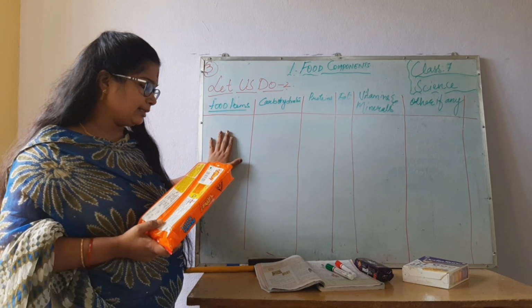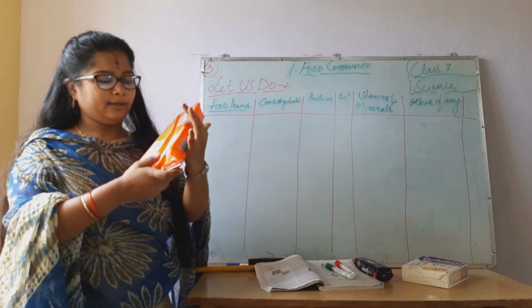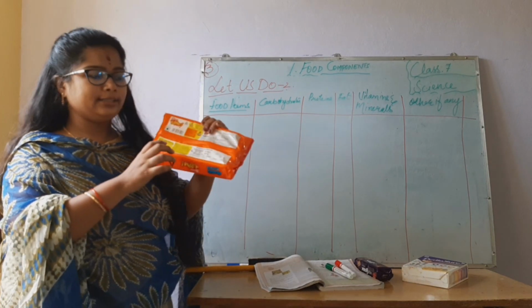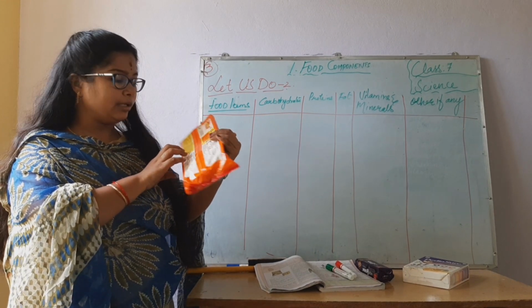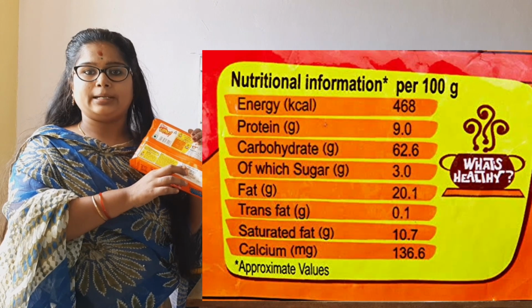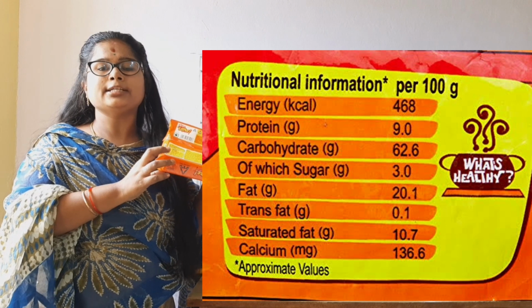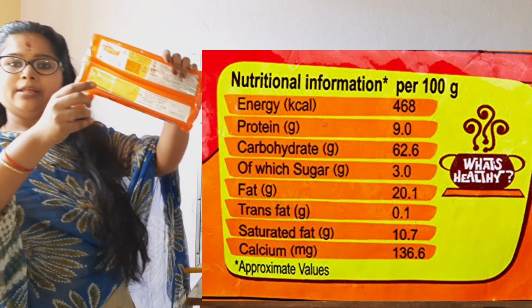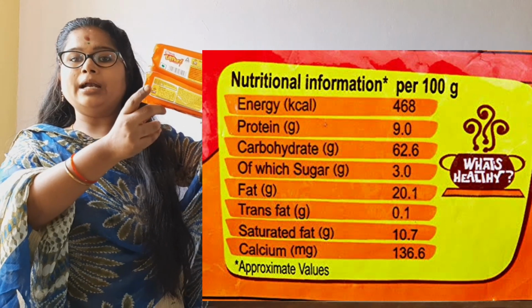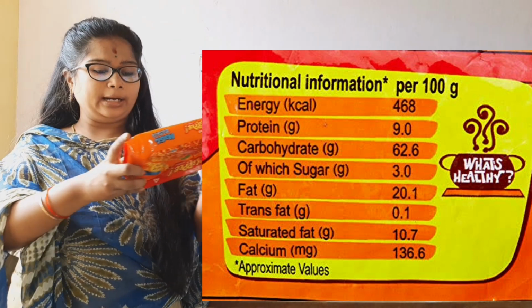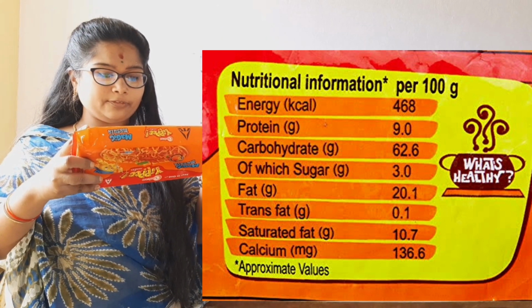In food items, the nutrition information and ingredients information will be given. Ingredients are something different from the food components. We have learned about ingredients in our 6th class, isn't it? They have shown you the ingredients, but with that they will give the food components also. So let's see what the food components are.